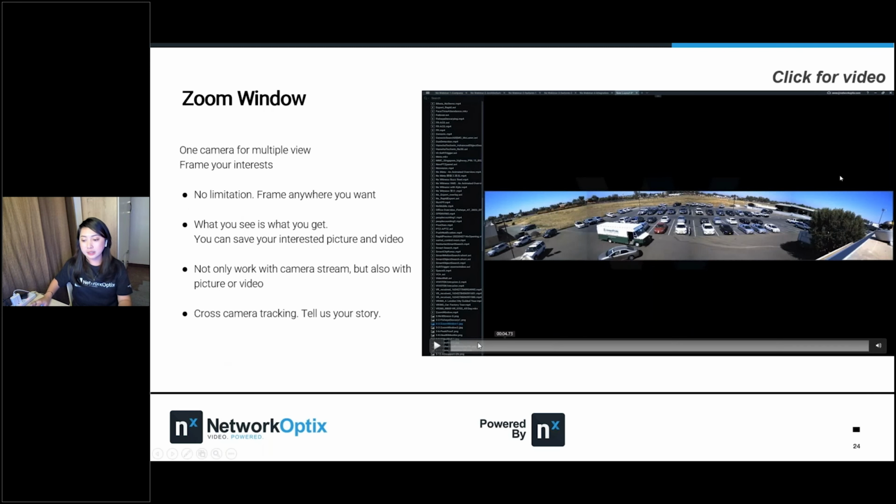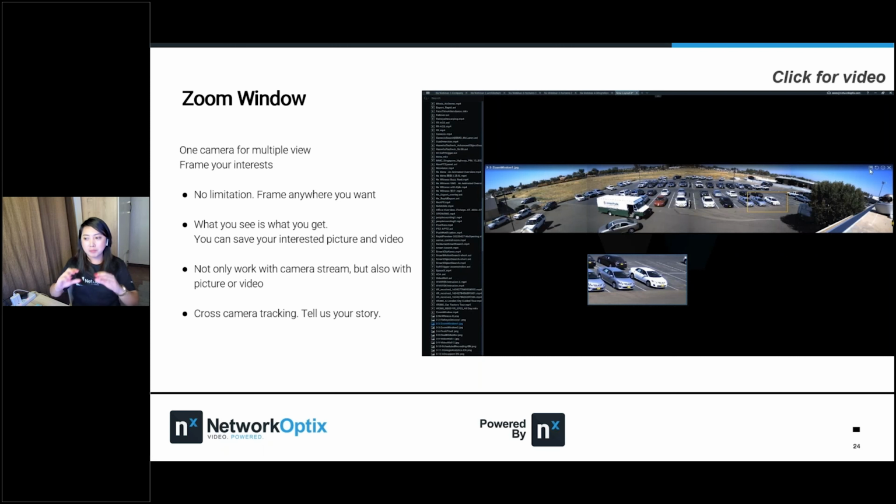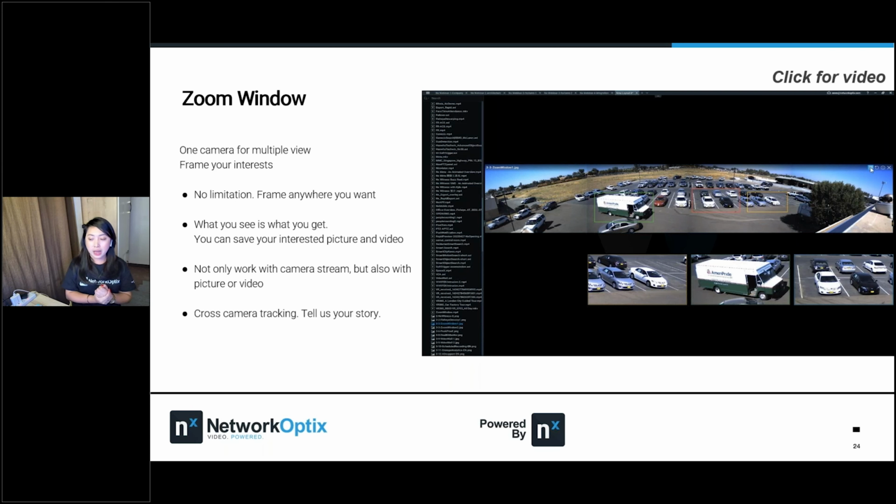Zoom window is an interesting feature of Nx Witness, because if you are using a wide camera, you won't be able to get a closer look at every detail, right? Now we have a zoom window for you. You can select multiple zoom screens. You select an area, and this will give you a much closer look at the area you want to see.